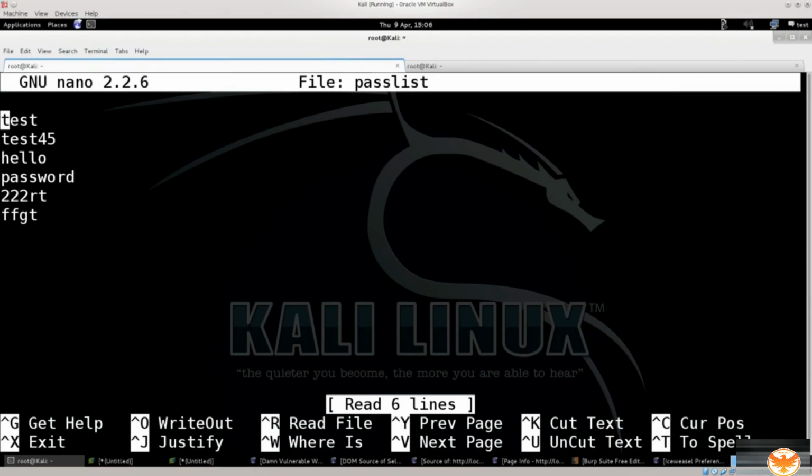But why should you do this then, what I did? Why didn't I just download it from the net? Well, Hydra is notorious for not doing what you intended it to do. I mean, the tool does function, the tool is properly coded, the code is fine, but because of the parameters that people tend to pass to it, especially for HTTP and HTTPS versions of attack, when you are attacking a website login form,